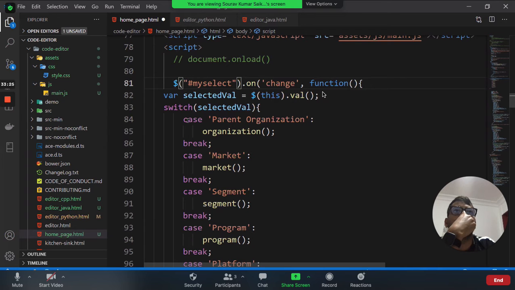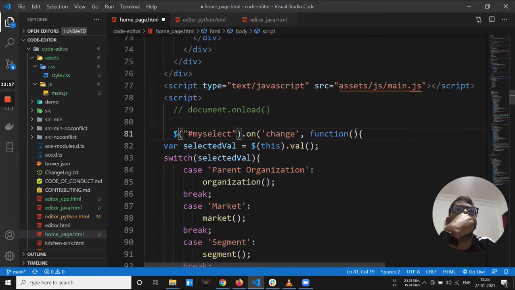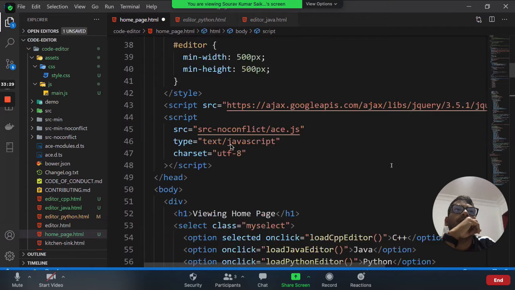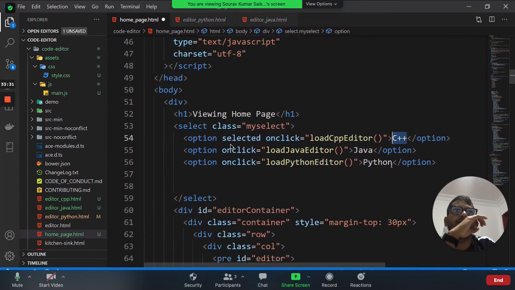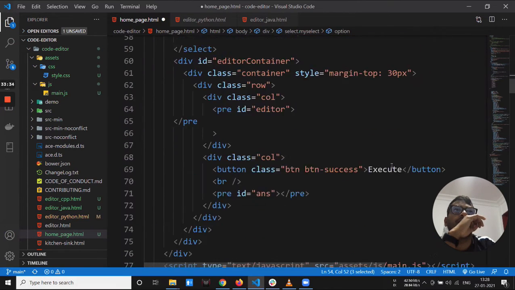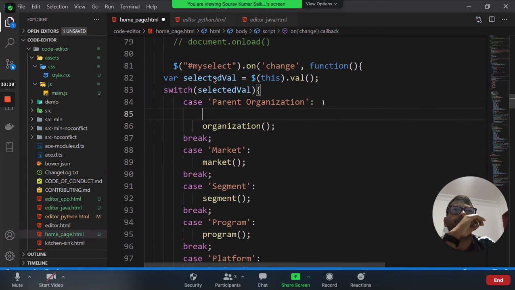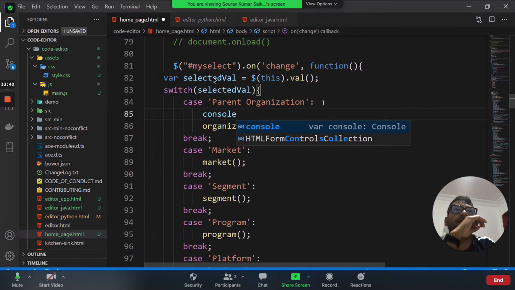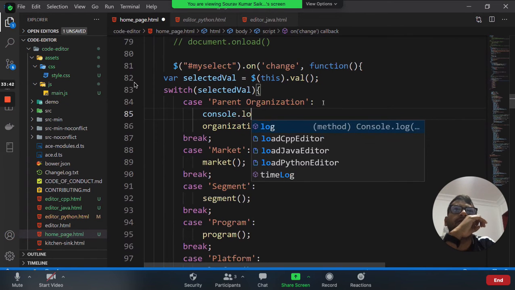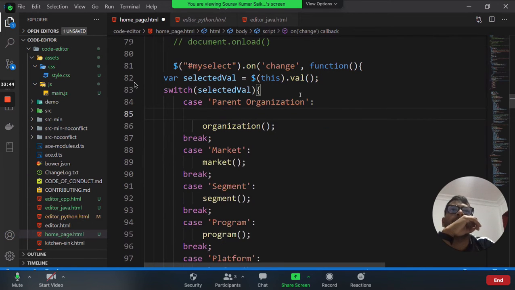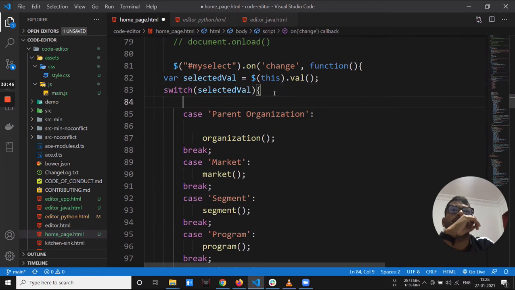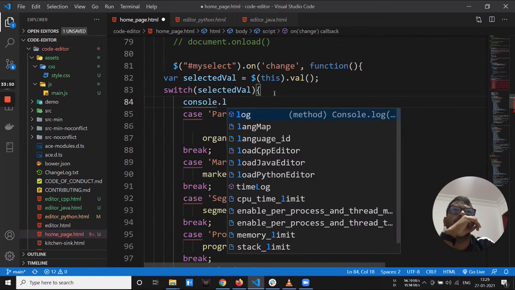Just don't do anything right now, like the C++ Java. Just print the selected value before this, like in line 82. We're just trying to check. No, before that. Yes, it will work also.